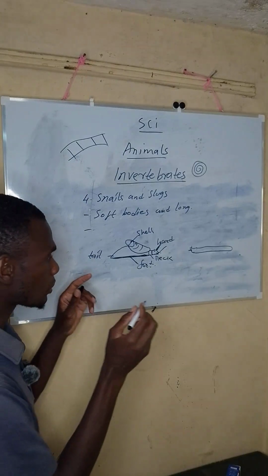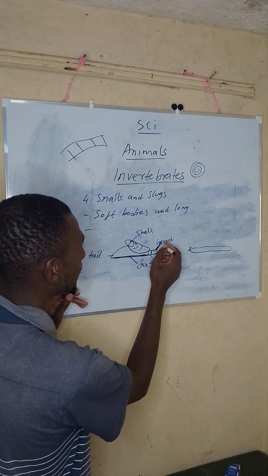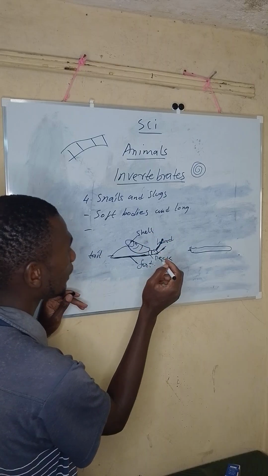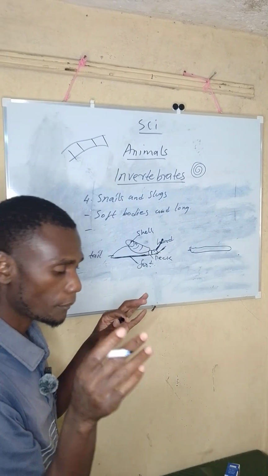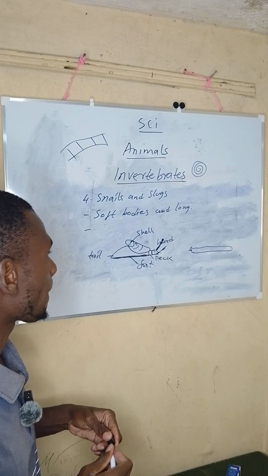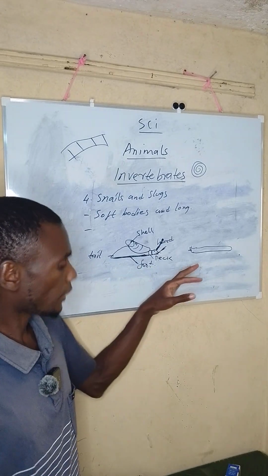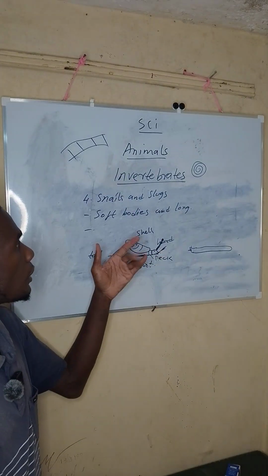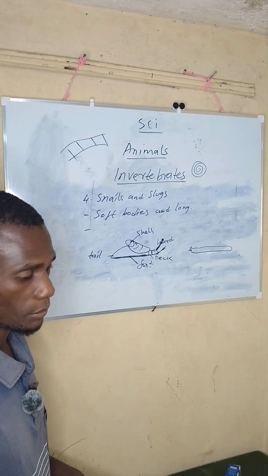So there are always 2. There is one that is long, call it the upper tentacles, and there's also another one that is a bit shorter. That one is used for smelling, sense of smell. So I think that is the only difference, or maybe the characteristics of these 2 animals, the snails